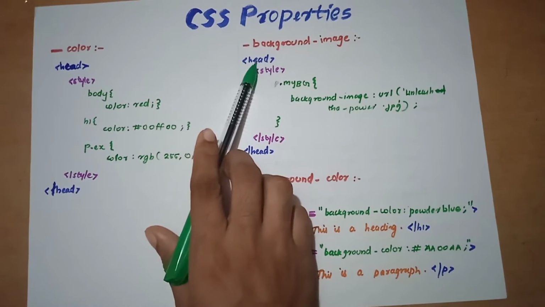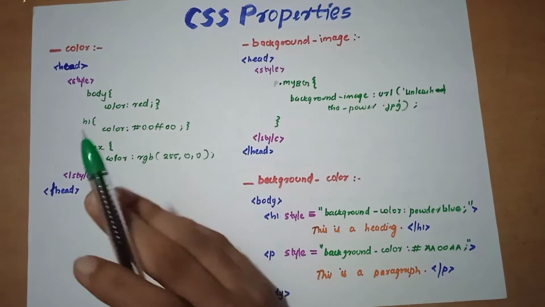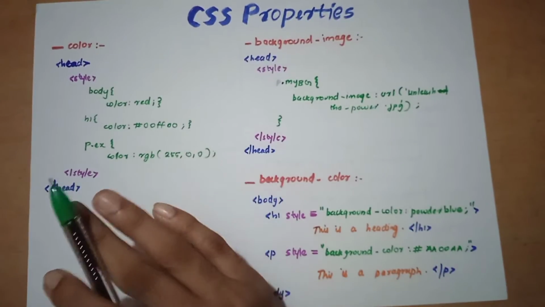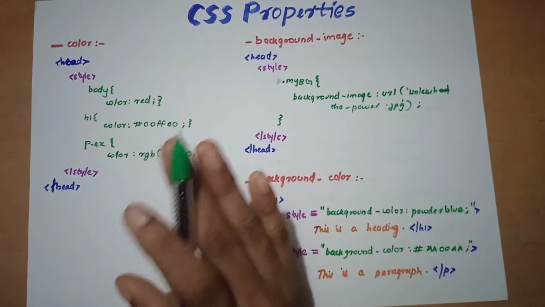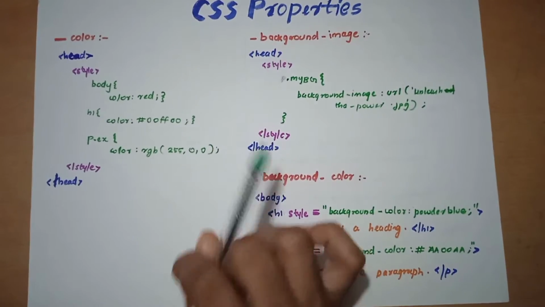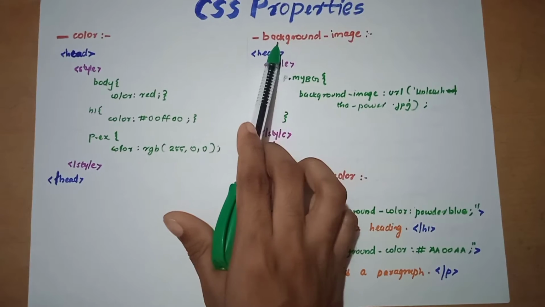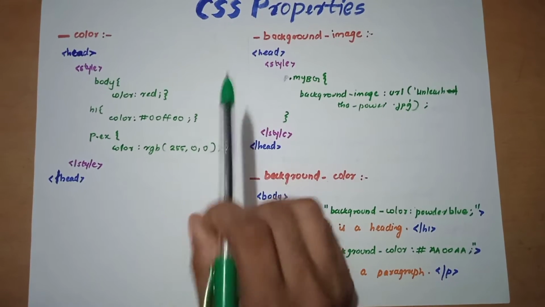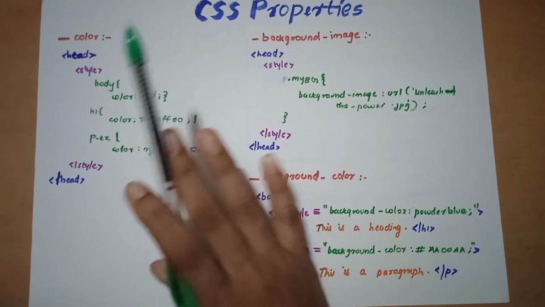So the next one is background image. As we all know, we come in contact with many websites and web pages. They are not only normal web pages, they have many different kinds and ways in which the background is presented or displayed. So that's what we are going to use here, the background image. Here we are going to consider which image should be there if I need to add an image to my web page. Background image is a CSS property that helps you add an image in the background.